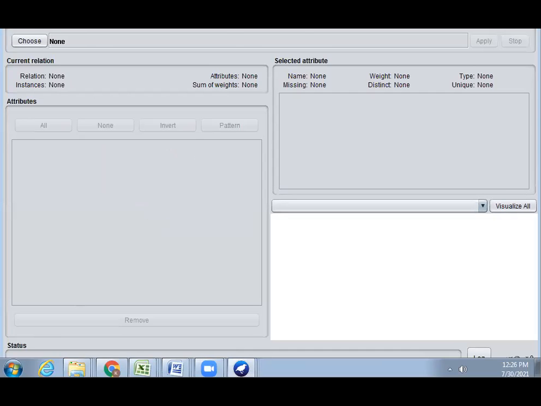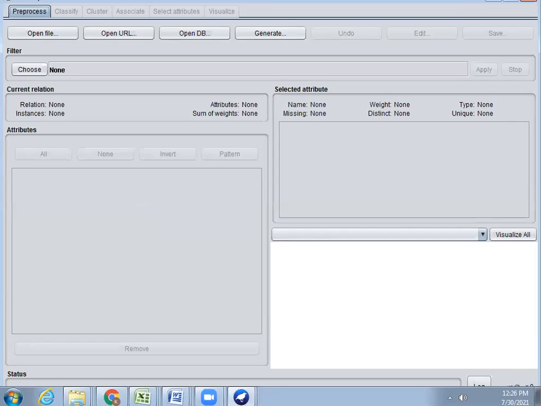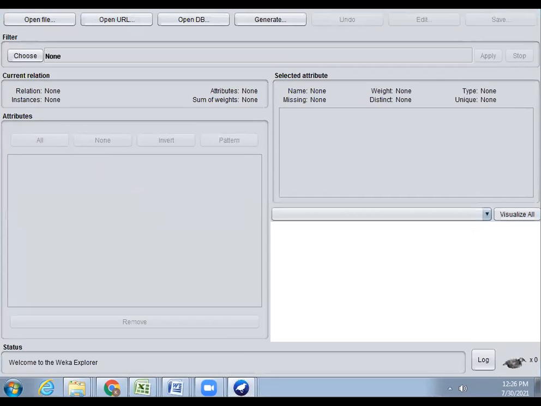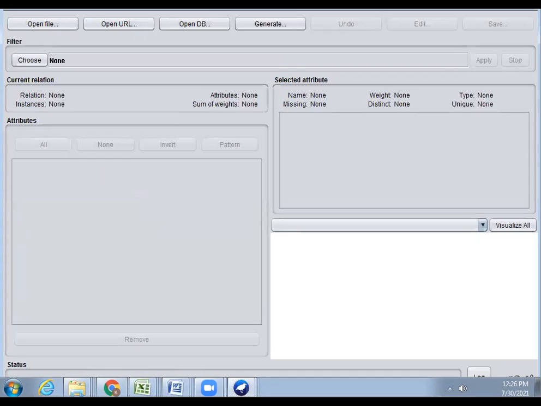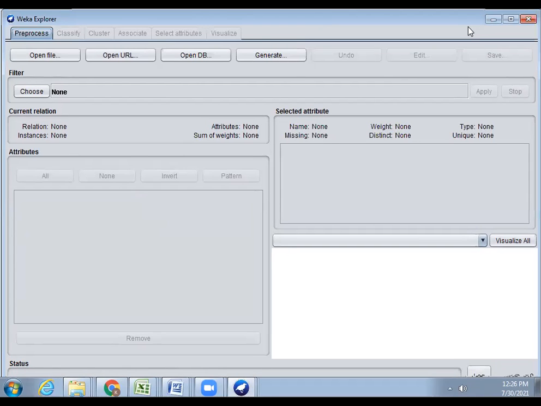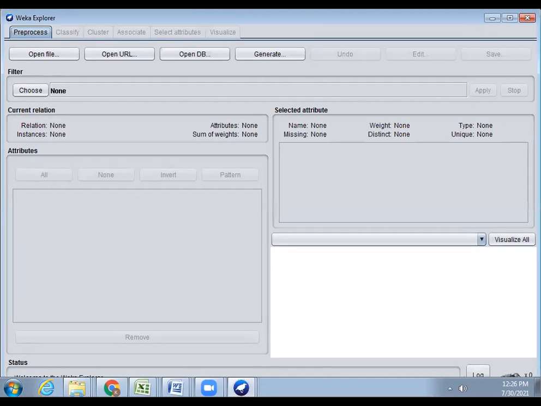That is the Weka tool, the Weka Explorer. Now the Weka Explorer can be viewed.